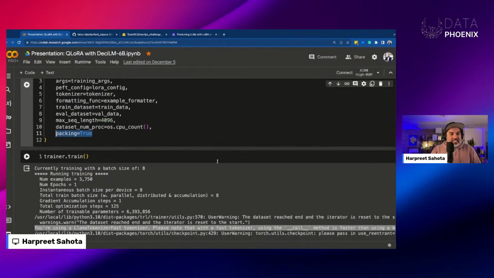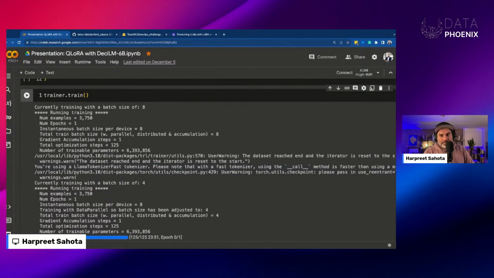So that's it. So what is it that we're actually training when we're training here? Remember, when training with QLoRa, the original pre-trained weights of the language model are going to be quantized to 4-bit, and they're kept fixed or frozen during the fine-tuning process. So during the fine-tuning phase, QLoRa is going to train a small number of parameters in the form of low-rank matrices. And then the training process is going to involve updating the weights in a way that the new knowledge from the instruction tuning data set is going to be incorporated into the model without updating the weights of the original model. So we're actually saving these small adapter weights, right? Because we're adjusting these low rank matrices while keeping the original weights static.